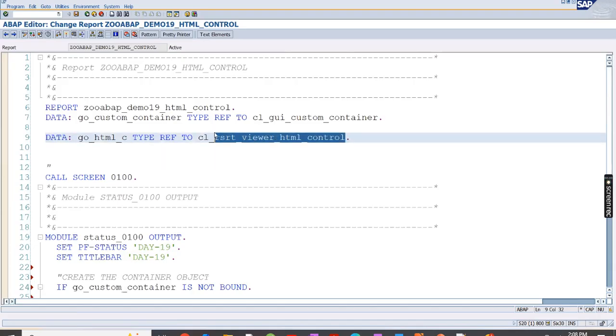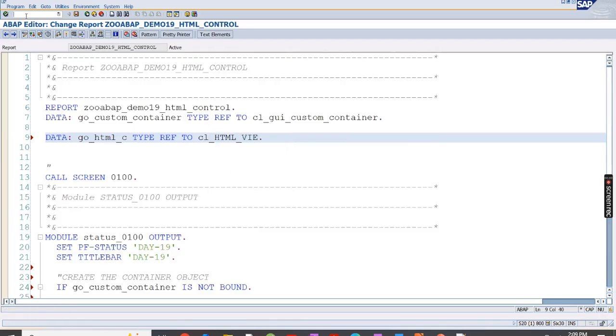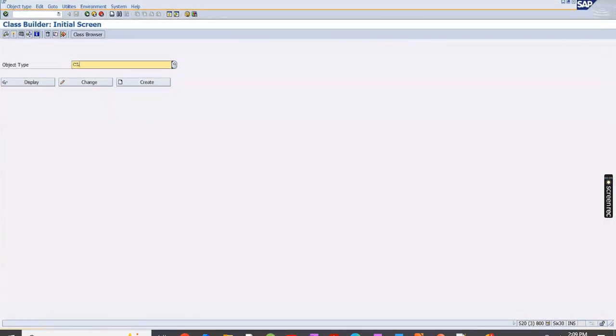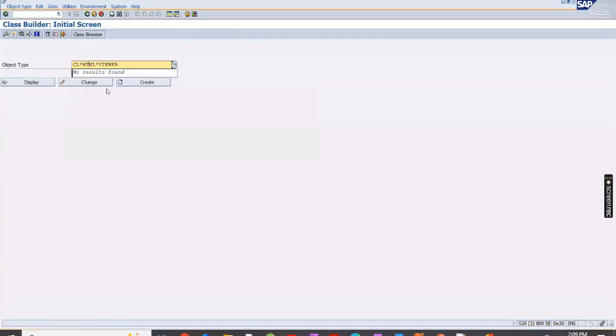This is a simple control, some HTML simple control. Renderer control is not required. CL_HTML_VIEWER, I think. Let's go and search that control, because the template which is coming is a different template. CL_HTML viewer HTML